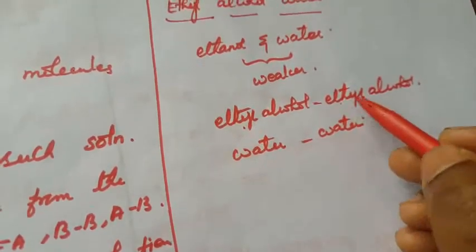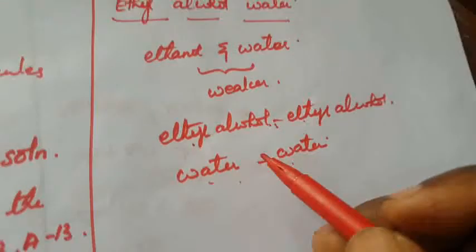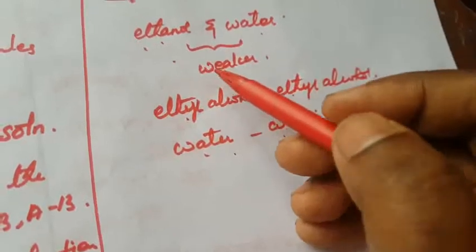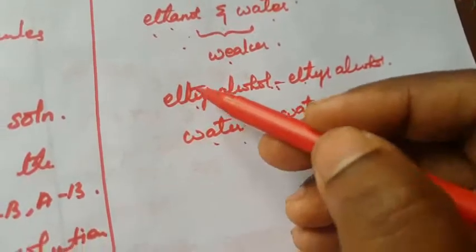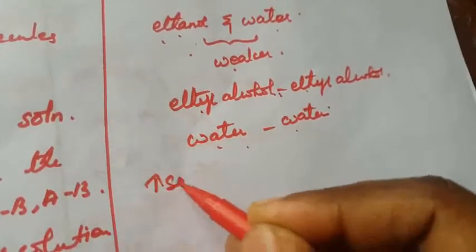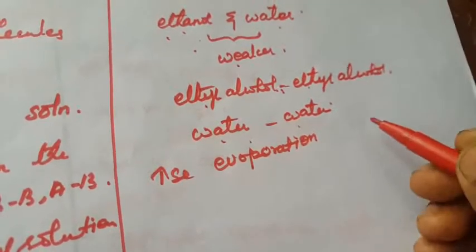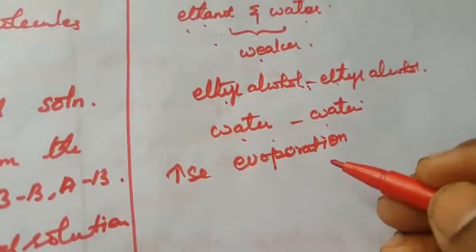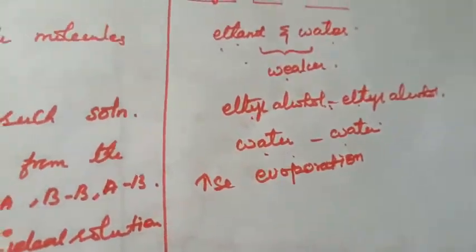When ethyl alcohol forms bonds, the bond will be strong, and water forming bonds is strong, but ethanol and water forming bonds will be weaker. So it is weaker than those of the hydrogen bond interactions. This results in increased vapor of both components from the aqueous solution of ethanol. So the vapor pressure will be increased, evaporation of both the components will occur. So the vapor pressure is greater than the vapor pressure predicted by Raoult's law. The vapor pressure increases when compared to Raoult's law.